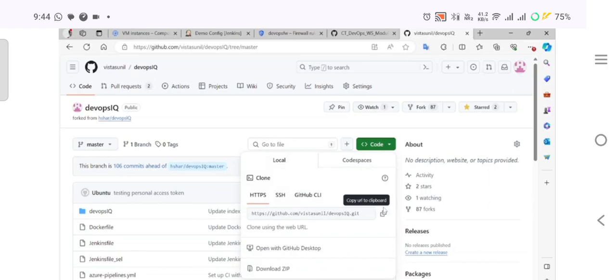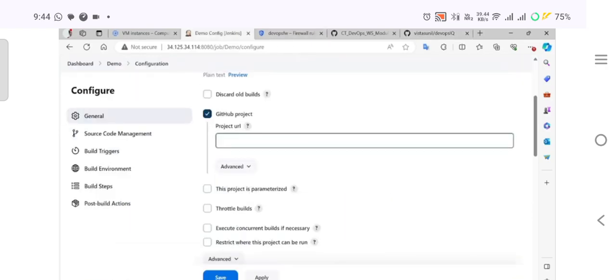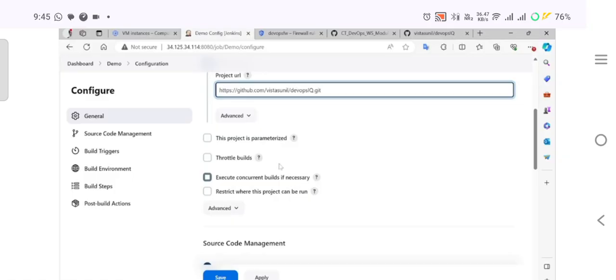Let's copy the URL. And because this is part of GitHub, I'm just putting it here. It is of no much use for now. The actual use will come later on when I add the Git repository. If you want to add parameters to your job, you can use these options. You can throttle your builds. If you want to run concurrent builds, of course, you must choose this option